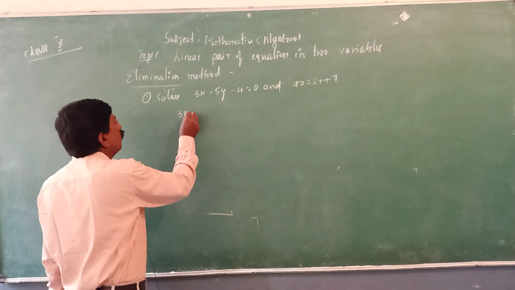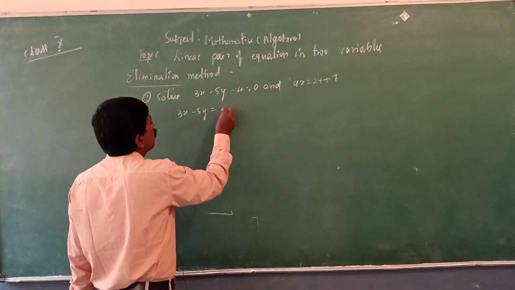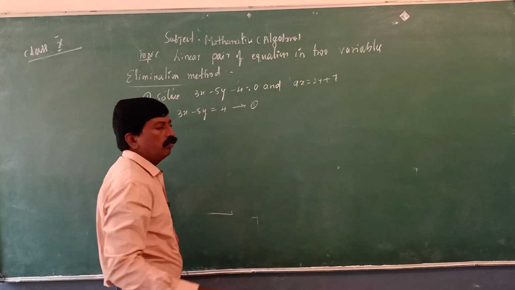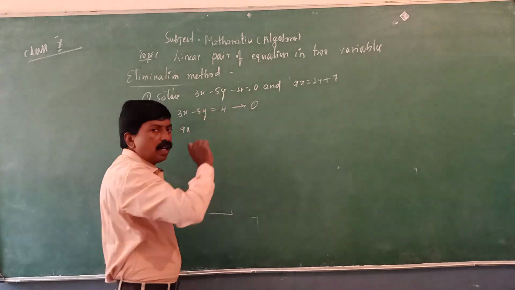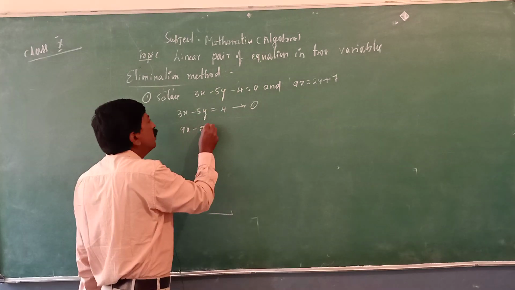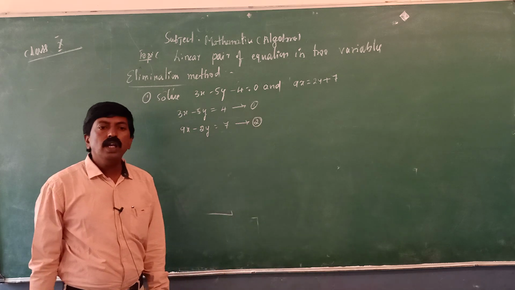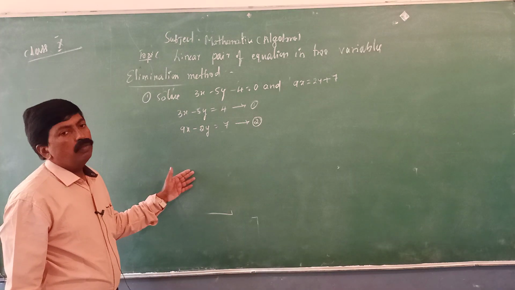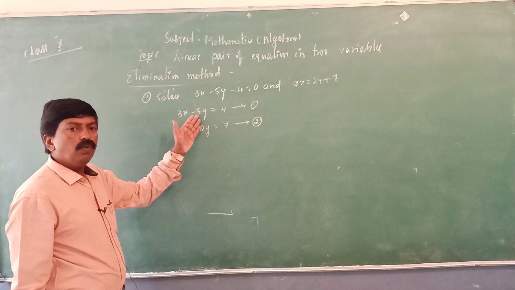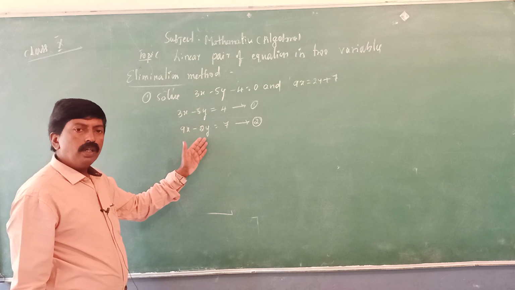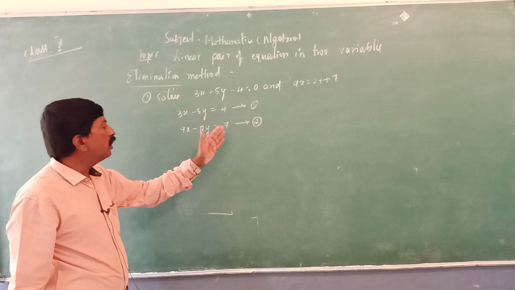So 3x minus 5y minus 4, shift to the RHS, it will become plus 4. Call this equation 1. And the second one, 9x retain as it is, 2y transposed to the LHS will become minus 2y, is equal to 7. Call this equation 2. Using the elimination method, you can find the x value and the y value. Observe here, the numerical coefficient of y is minus 5 in one and minus 2 in the other. Multiply the first equation by 2 and the second equation by 5.